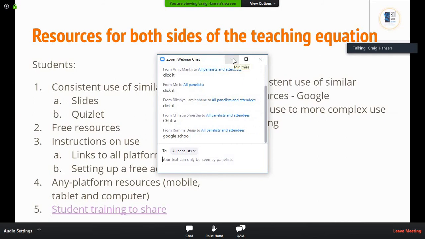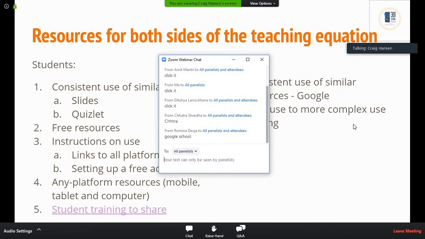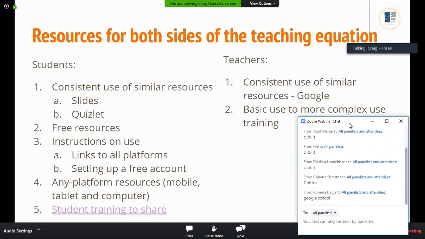Okay, so a few Google schools. If you are a Google school, maybe you're not using Google Classroom, and that's okay. If you actually use Google Classroom in your schools, can you type in Classroom? Let's see if you're using Google Classroom. Sunita, Amrit, okay. Some of our Masters in Education students.